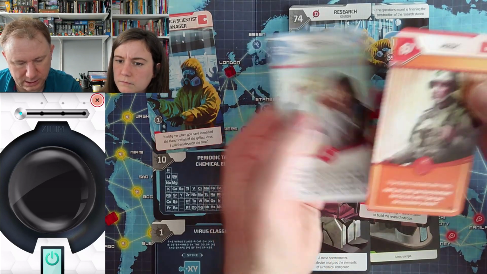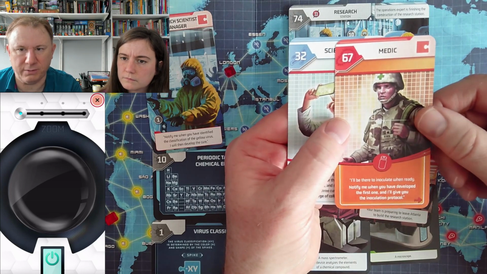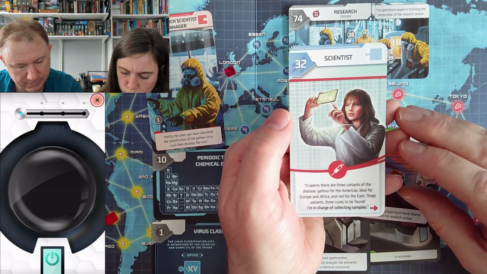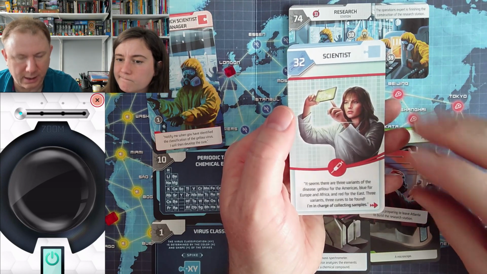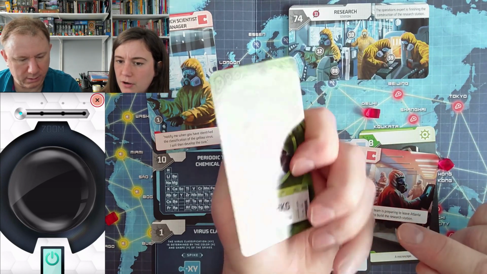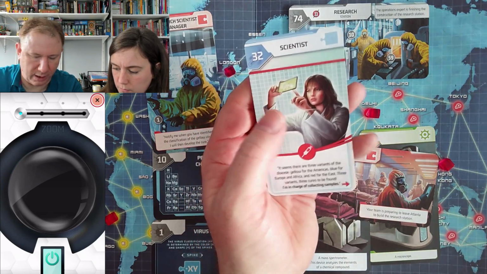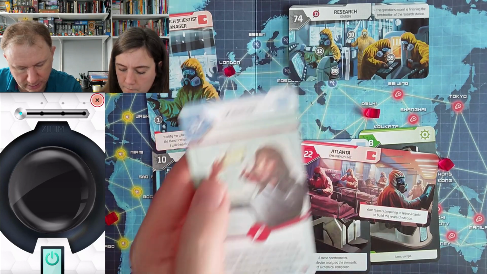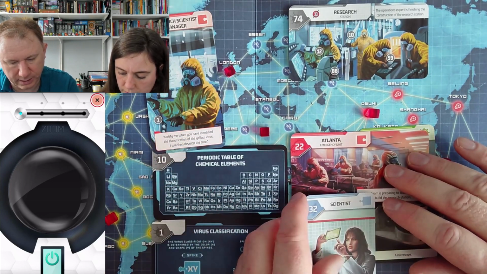And this is a medic. Notify me when you develop the first vaccine. I think it means the scientist. It seems there are 3 variants. I'm in charge of collecting samples. Oh, we need her. What's that arrow mean? Oh, they all have arrows at the bottom though. All of them? Okay, interesting. So I think we need to combine her with possibly...